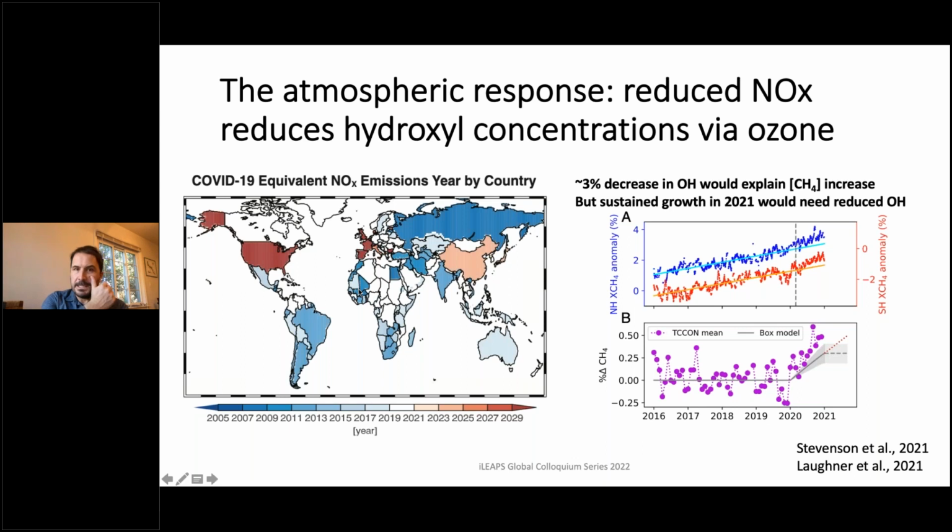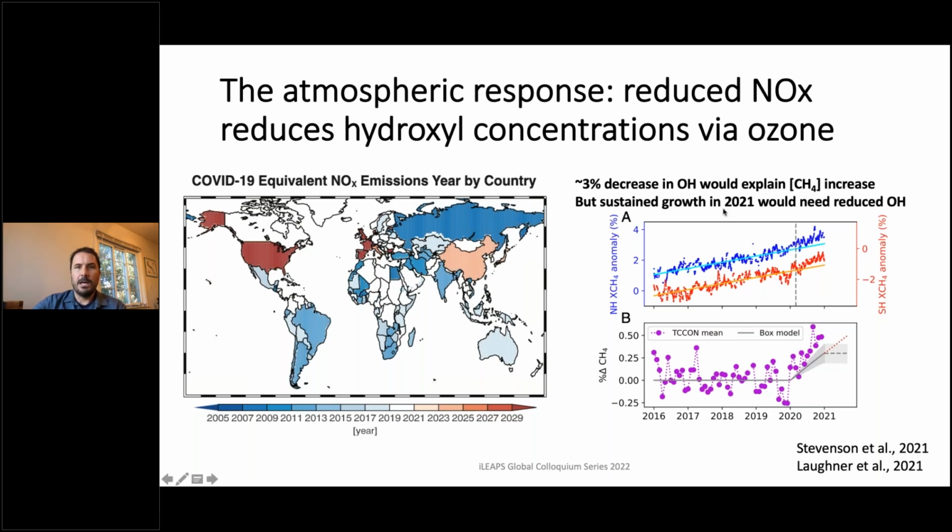For methane, there are several hypotheses on why the growth rate of atmospheric methane was so large. I've already mentioned that there was a decrease in NOx coming from reduced economic activity. NOx indirectly reduces the hydroxyl concentrations in the atmosphere through atmospheric chemistry with ozone. And so if you have reduced NOx, which is what we observed, you would also expect reduced hydroxyl, or OH, concentrations in the atmosphere. Some work has been published suggesting that a 3% decrease in OH would actually explain the large atmospheric increase of methane that we observed in